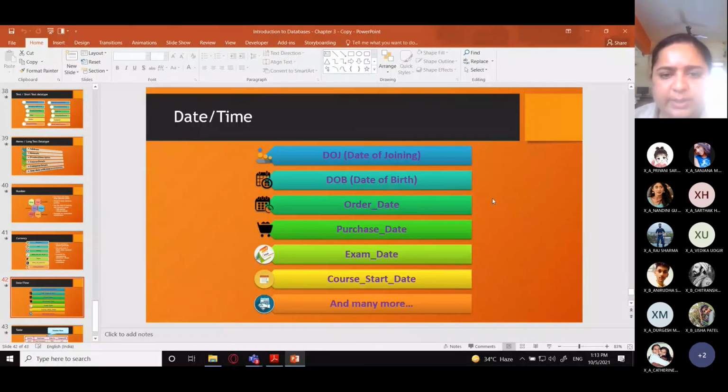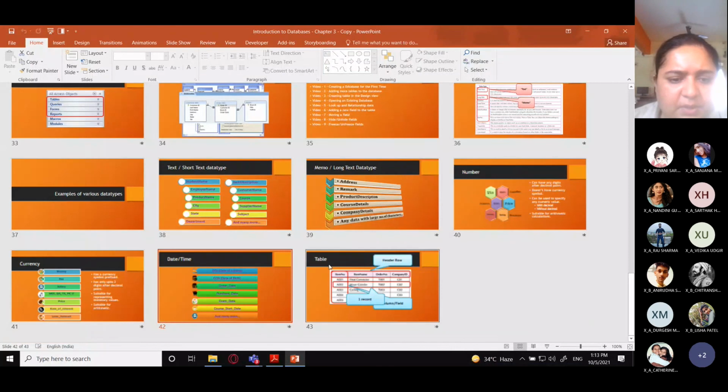Okay, if I ask you one question now, like I have school address. What type of data will be stored in school address? The data types are in front of you here. You can see it from here. And tell me which data type will fit school address.